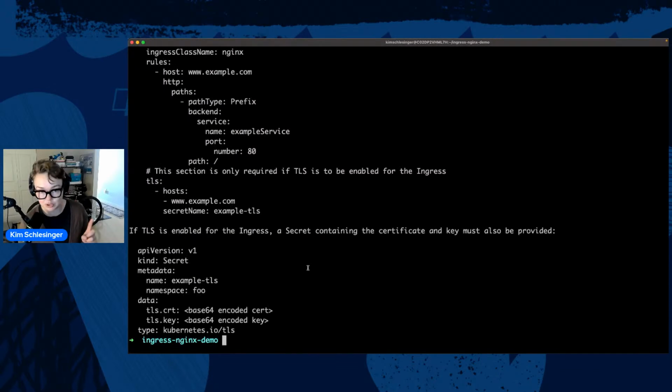And then it says, if TLS is enabled for the Ingress, a secret containing the certificate and key must also be provided. So we actually are going to do this later. And so we're going to have a secret in the same namespace as whatever service we're deploying. So beautiful.